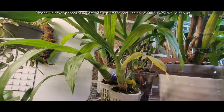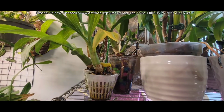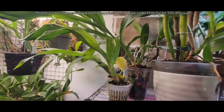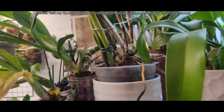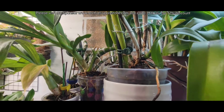I certainly don't expect to see any spikes or anything on the Catasandras, because they're small, and like I said, they're catching back up. I would think I'd be seeing something on Fred Clark back there though, and I don't see anything on it yet, and I don't see anything other than this new growth on the Parvianum type that was gifted to me